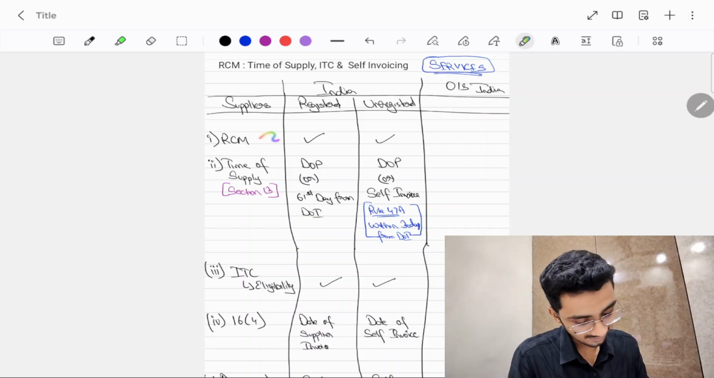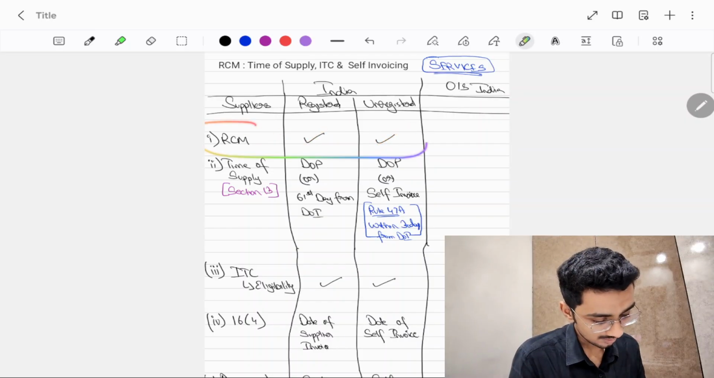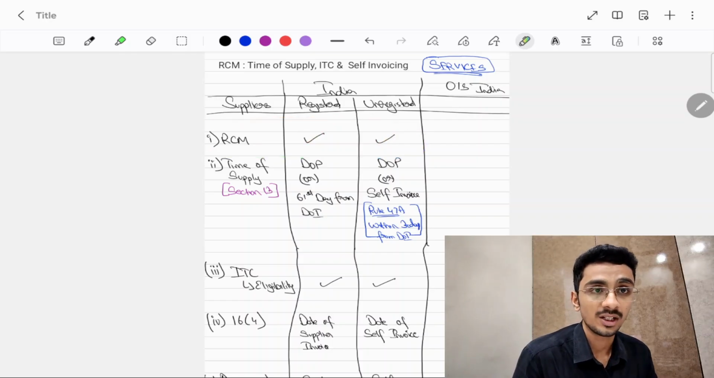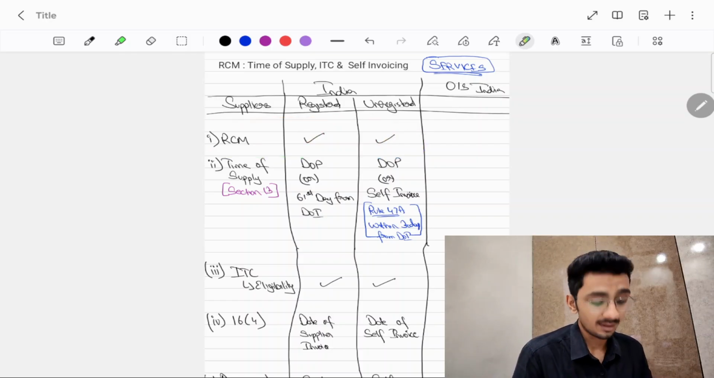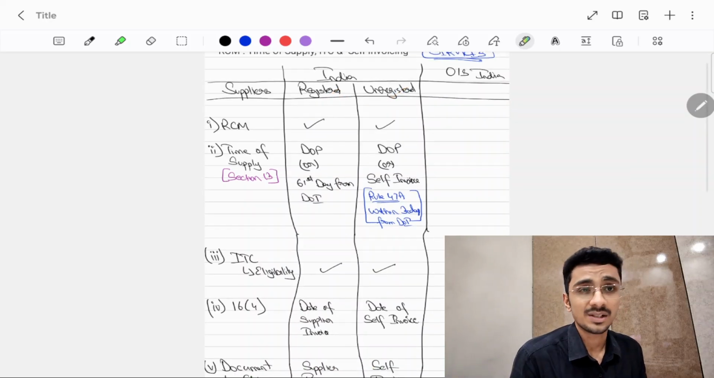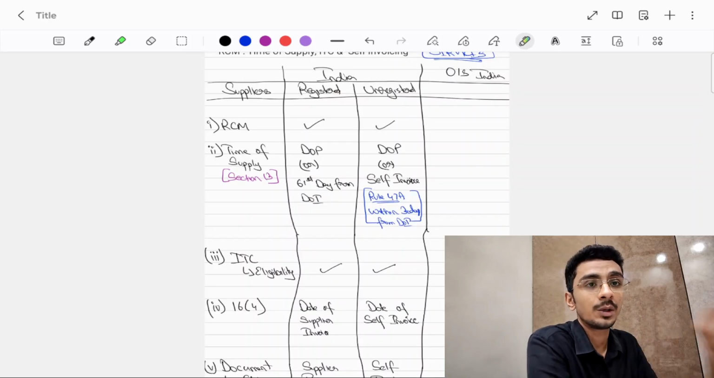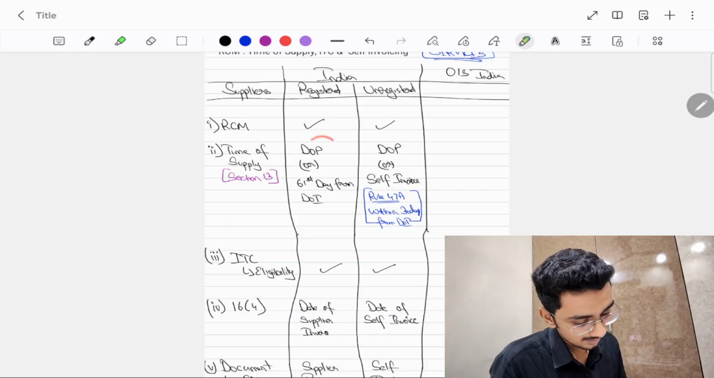Once you have verified RCM is applicable, the next thing you have to check is whether the supplier is registered or not registered. Because once you determine whether it's registered or not, on that basis you have to determine the time of supply on which GST liability actually is due. For example, once considering this,